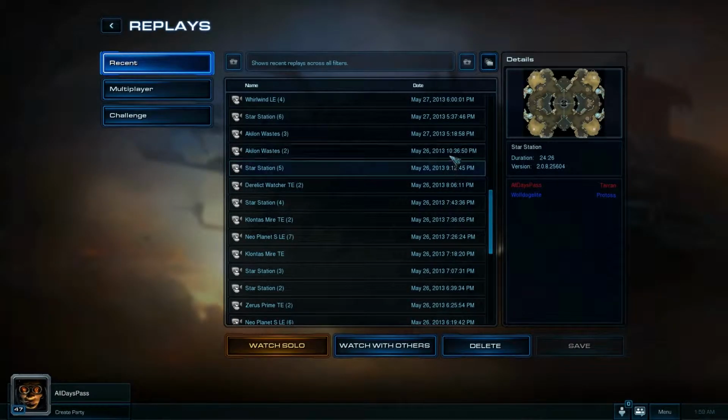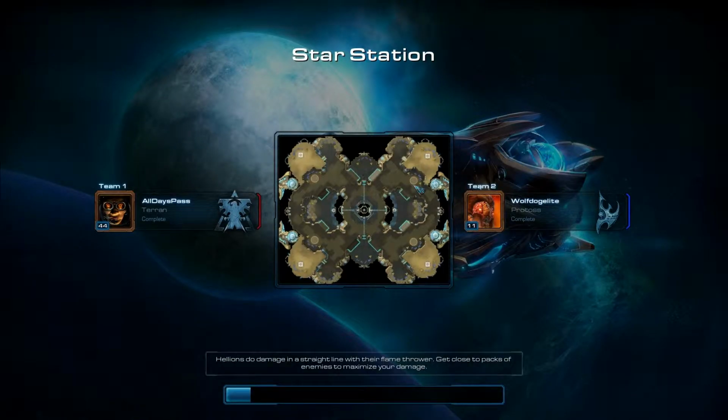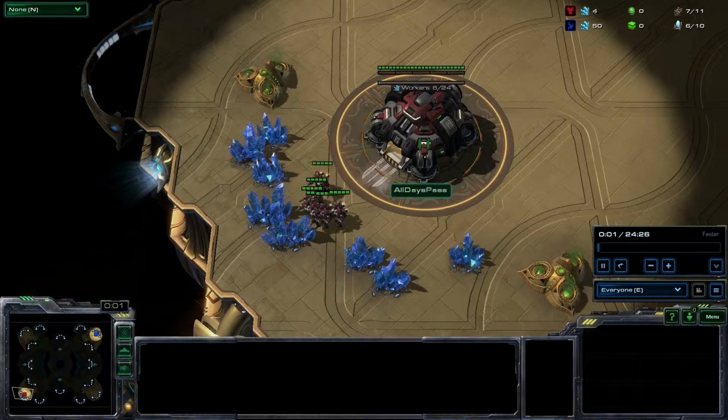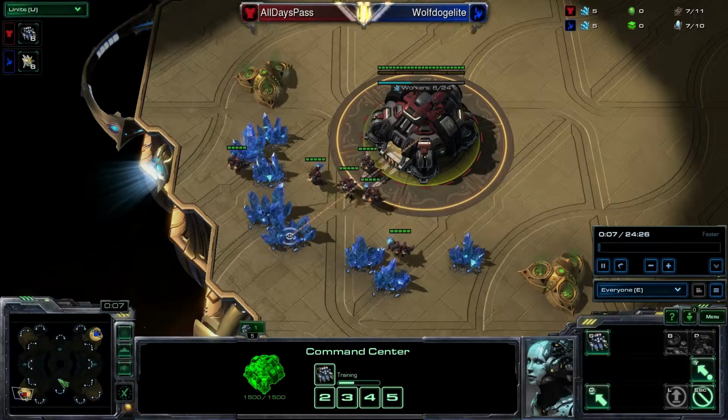And since we only have 2 more from the 26th here, we'll just get through both of these and just make this a long episode. So this one's a TvP on Star Station. Lower ranked bronze Protoss player. I'm in the bottom left corner. Let me set my coffee down and get the...